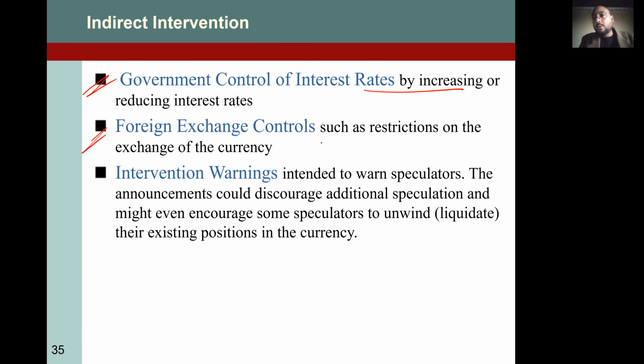Foreign exchange control: if the government has high control over the exchange rate system, it affects the exchange rate as well. So for example, government increases the interest rate, but on the other hand, government just fixes the exchange rate. It means whether you increase the funding or not, decrease the funding